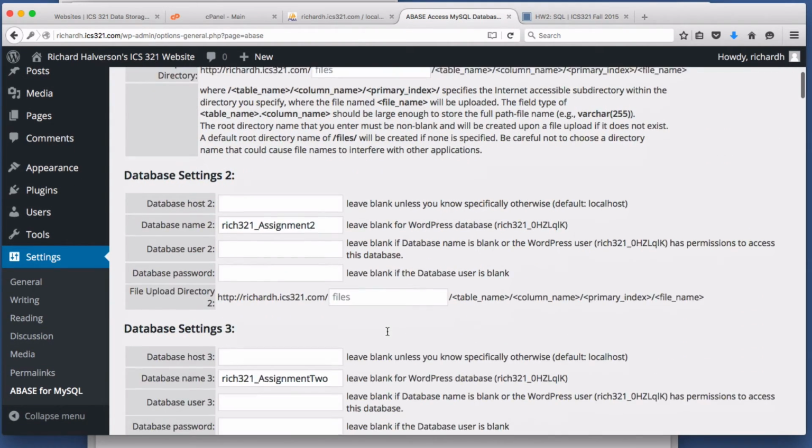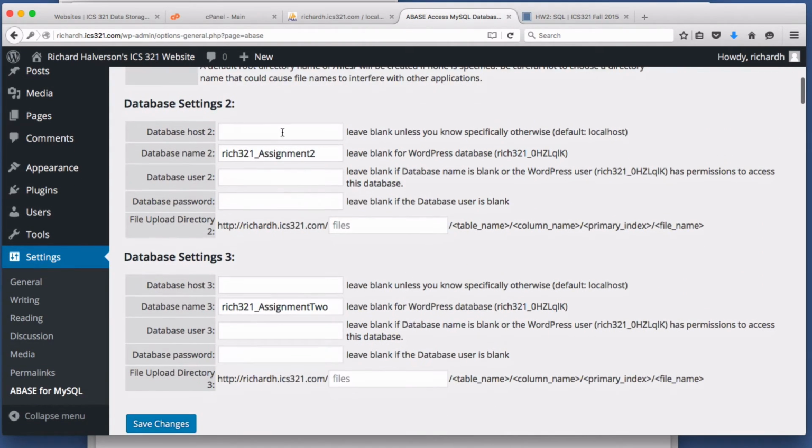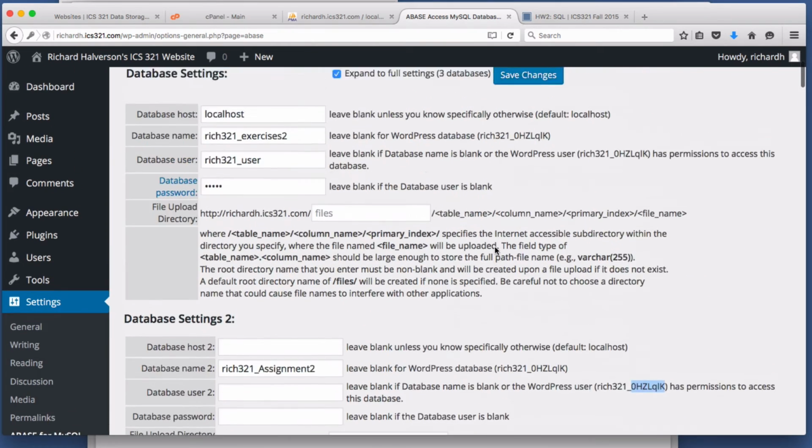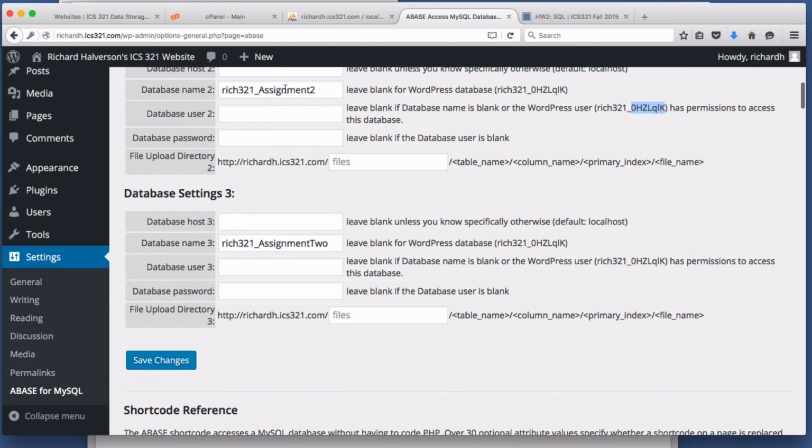The only one we need to fill in is this here, because the default is fine and the user is fine. It's the WordPress user. So we're all set here. We had to put the full name of the database, and that includes the prefix of your username. So click Save Changes,